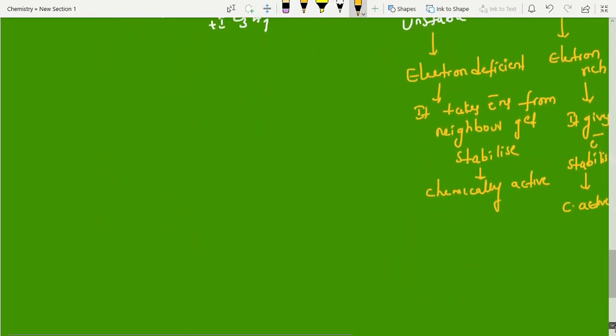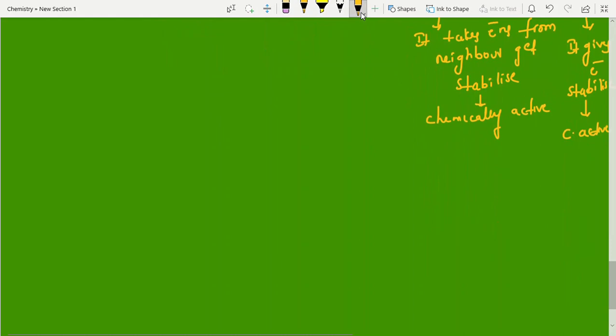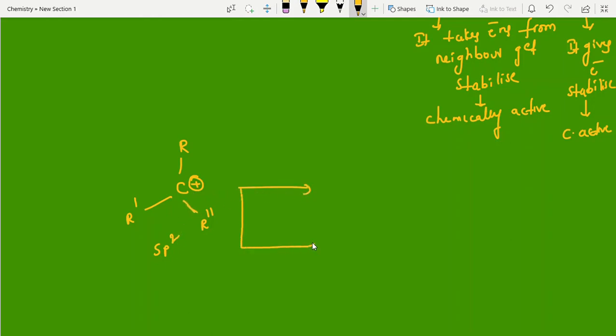Okay, stereochemistry. Once the carbocation is generated, what is it, students? Tell me. Yes, sp2 hybridization, R dash, R double dash. It has a carbocation, this is sp2 hybridization. Now what happened? The nucleophile, H2O, is attacking. Front attack. Then next one, this nucleophile, both chances are there. It is attacking front attack and back attack. So I'll show this one also.